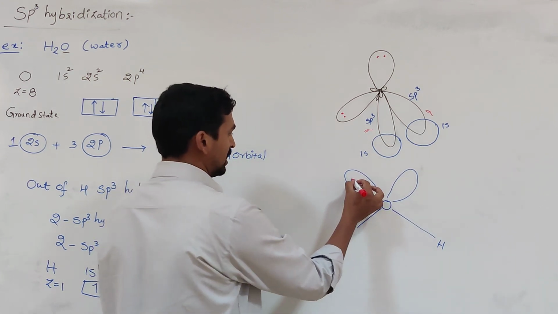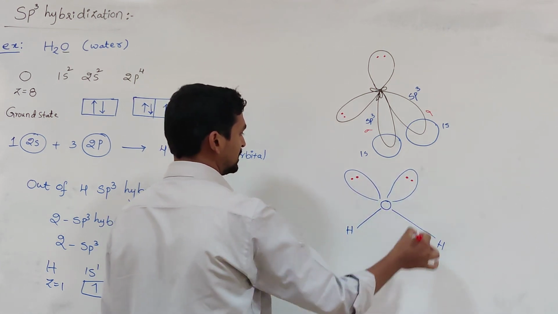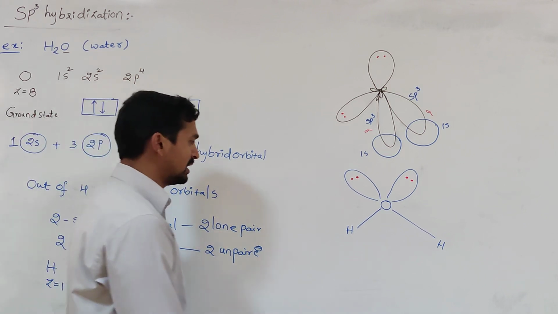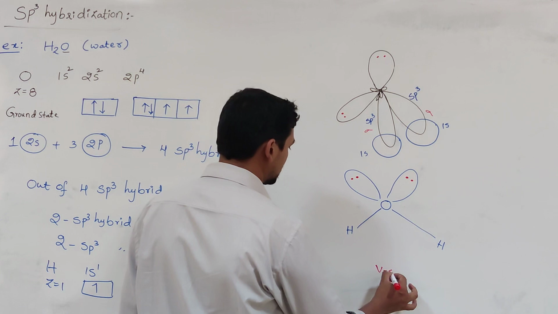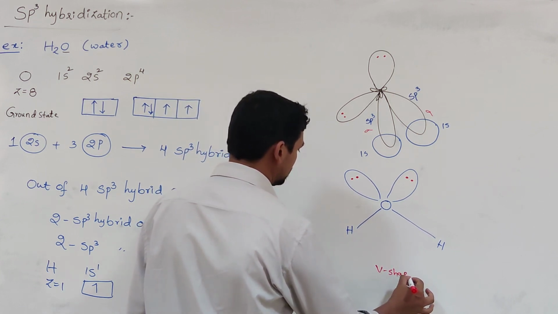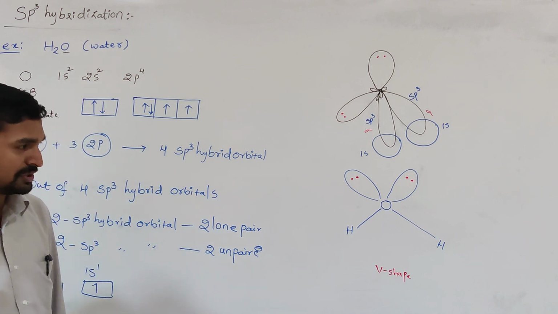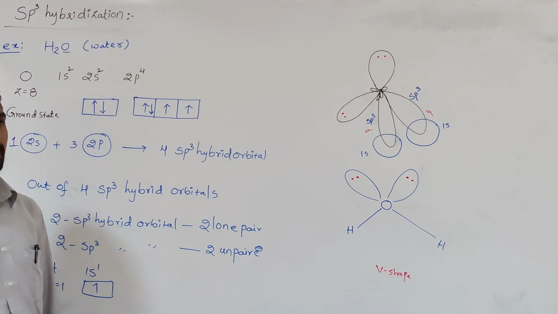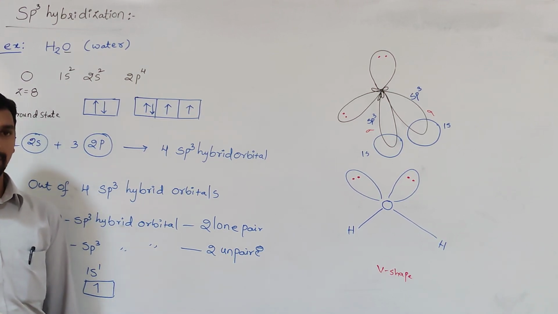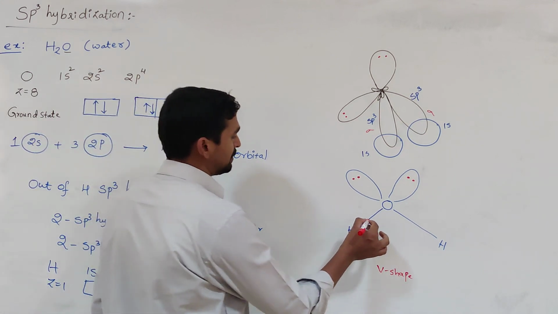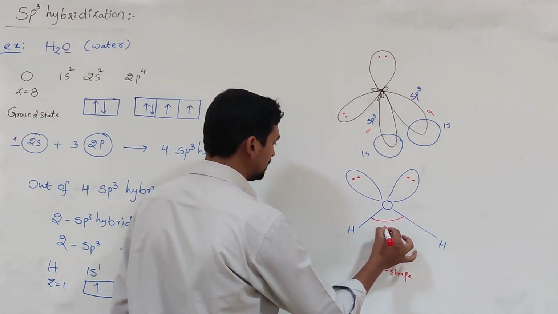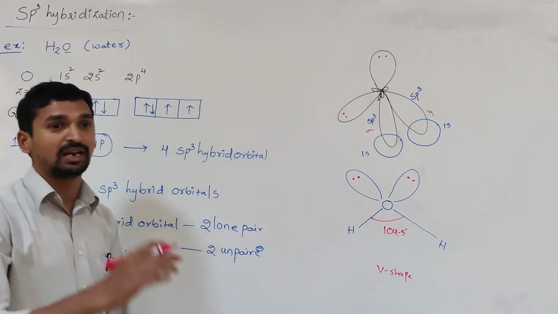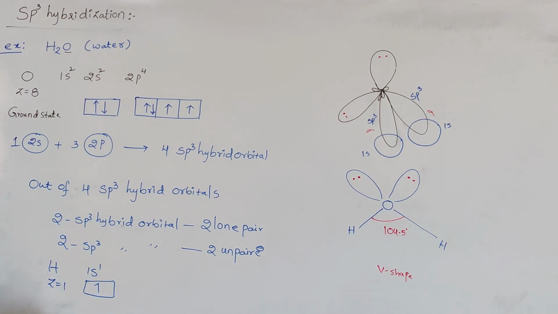These lone pairs of electrons are responsible for the distortion of geometry, like in the ammonia molecule, where the regular geometry is distorted. Here the regular geometry is also distorted from tetrahedral to V shape, or angular shape, or bent shape. The 4 sp3 hybrid orbitals are oriented in tetrahedral geometry and the expected bond angle is 109.5, but that is not observed. The bond angle is observed to be 104.5 degrees, even smaller than in the ammonia molecule.